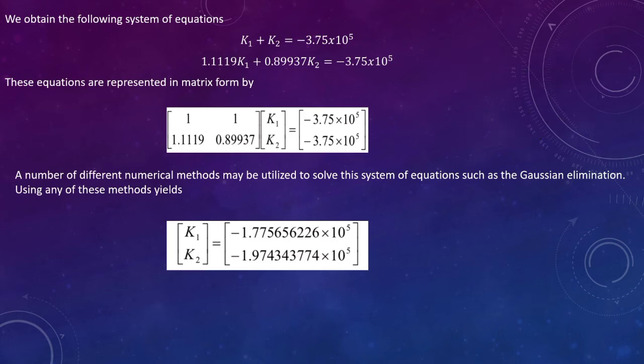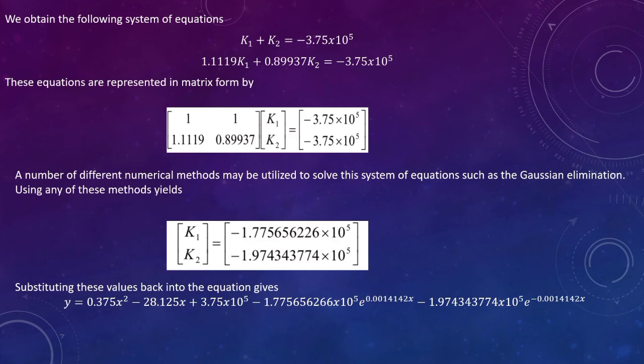5656226 times 10 raised to the power of 5. Then k sub 2 is equals to negative 1.974343774 times 10 raised to the power of 5. Substituting these values back into the equation gives